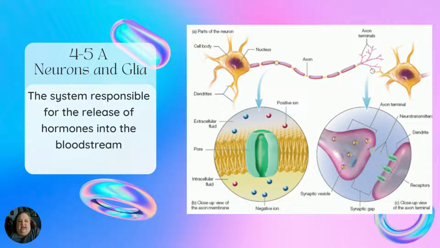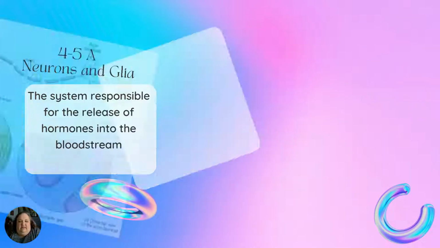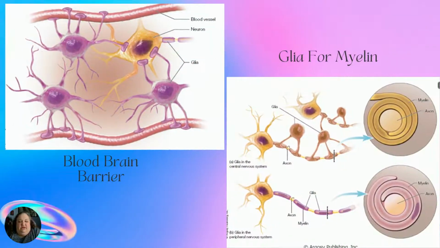On one end, in between the axons, you can see the ions here in the middle. This just kind of breaks it apart and lets you see what is actually going on here. And then on the right side, you have the synaptic gap, where you're looking at the distance between the synapses. Again, these pictures are in your book. This is just to kind of clarify.